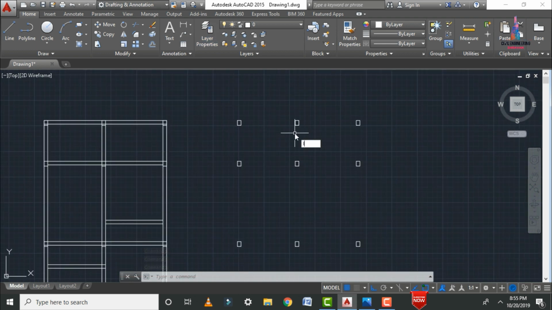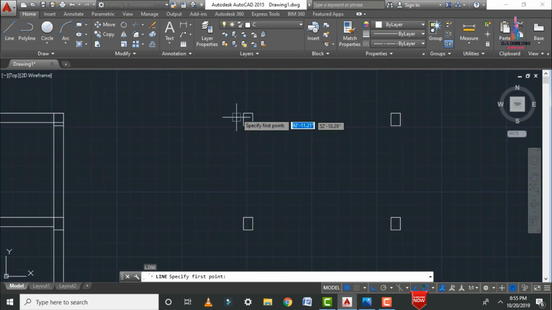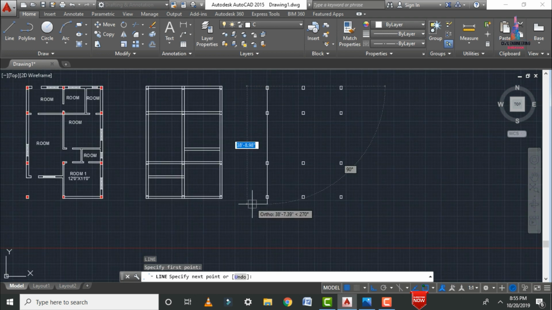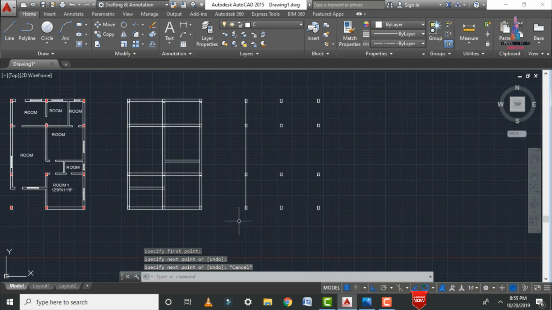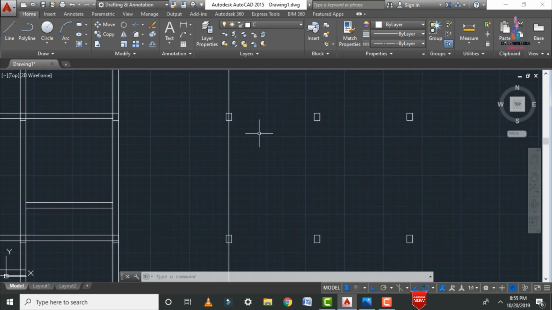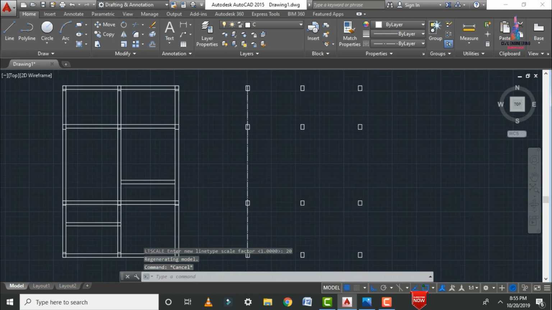Now we have to draw the lines for this respective object. For that we have to click on the line command. Before that we will change the layer property to the C layer. Okay, so firstly we will select the line command. Initially we need to select the center point of this, again we will draw the center point of this respective position like this. Okay, now we will change this respective line scale with the help of the LTS option. Let us consider it as 10, click on enter.